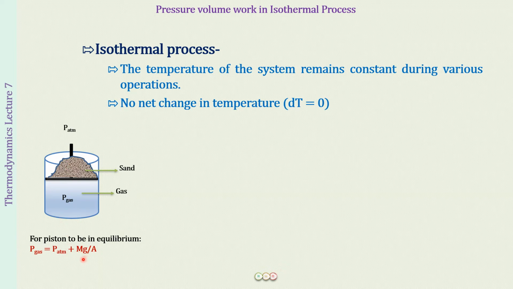Multiply that by the acceleration due to gravity; mg is going to be the force by which the piston is being pushed downwards, right? So this divided by the area of cross section of the piston will give you the pressure that this sand is putting on the piston from outside. So this pressure plus the pressure of the atmosphere is going to be equal to the external pressure, and this is going to be equal to the pressure of the gas when the piston is in equilibrium, when the piston is not moving. Okay, so I hope first of all this is clear to you.